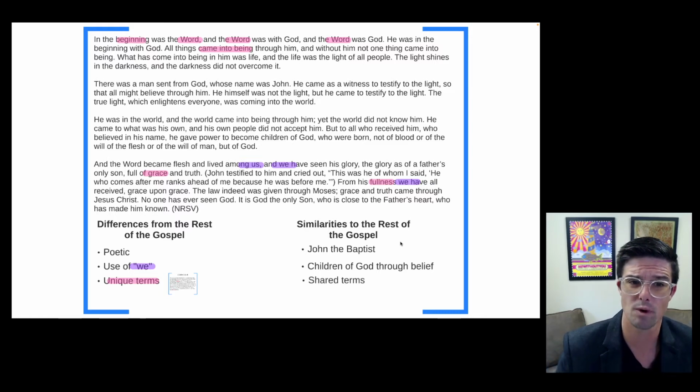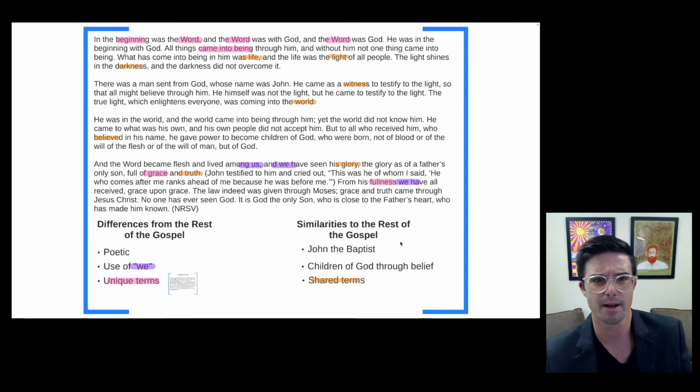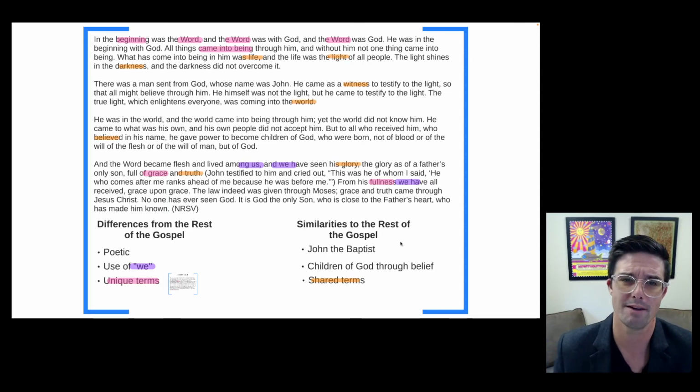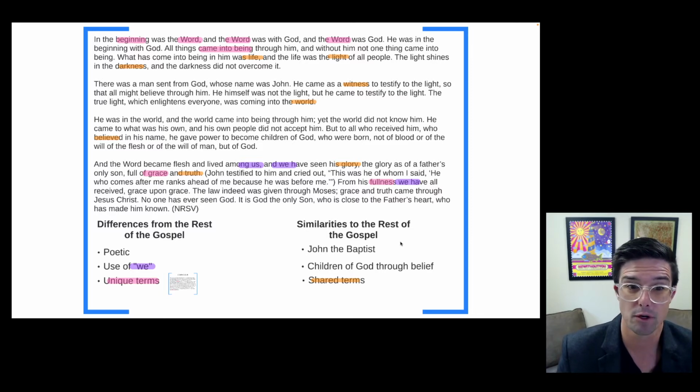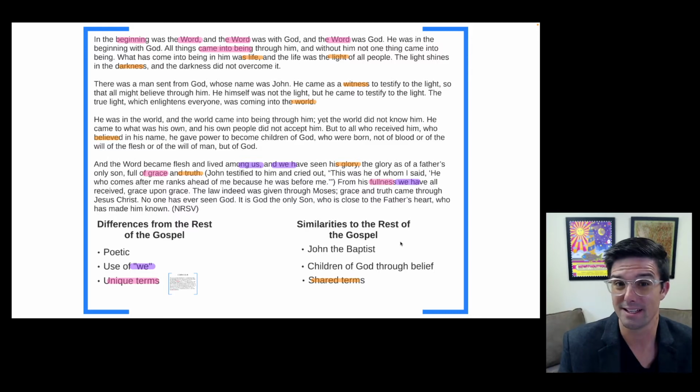And then we do have, whereas we have unique terms that are differences from the rest of the gospel, we do also have many, many terms that are shared with the rest of the gospel that appear often in the fourth gospel. And so I'm going to highlight these in orange for us. We have life, light, and darkness. So this is going to be a dualism we talk about later. Witness, the word world, belief, glory, and truth. These are all things that show up thematically very often in the fourth gospel and are reflected here in the